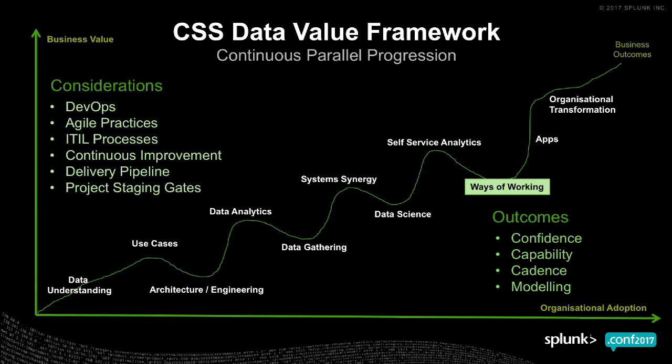So the considerations we might have here might be agile practices. Are we going to do it in a Kanban way, a Scrum way, daily stand-ups, all that kind of good stuff? Because that stuff might already exist within the company. So let's just apply what they have in the enterprise to what we're doing in Splunk. Let's give some discipline and rigor to the kind of things we want to do in Splunk. Not a problem. But we mentioned project staging gates before as well. You know, put aside some funding to make sure your analytics are going to represent what good looks like when you're going to go live. And then you're going to have your delivery platform, but always think about continuous improvement.